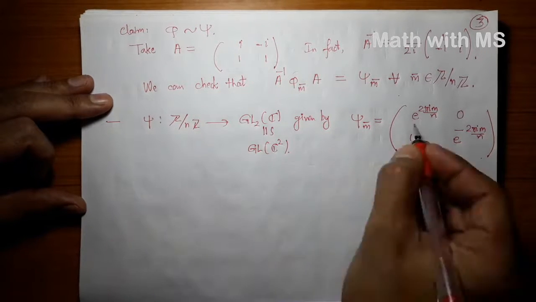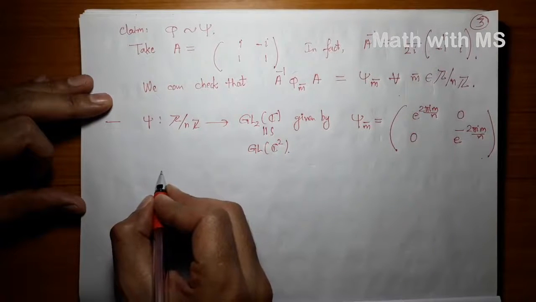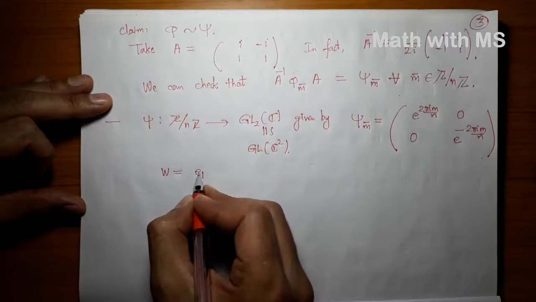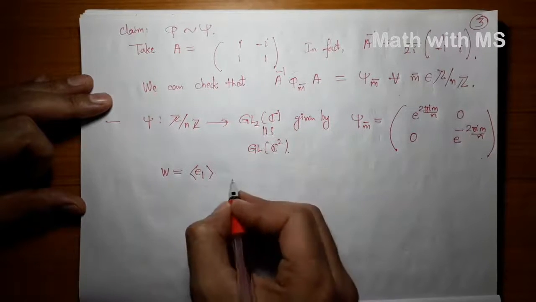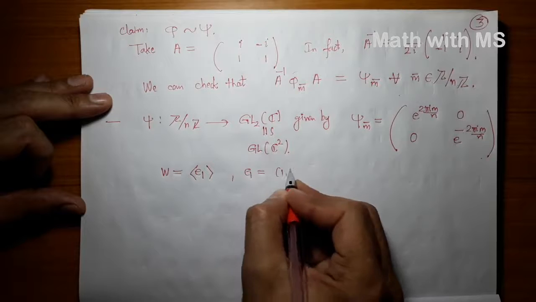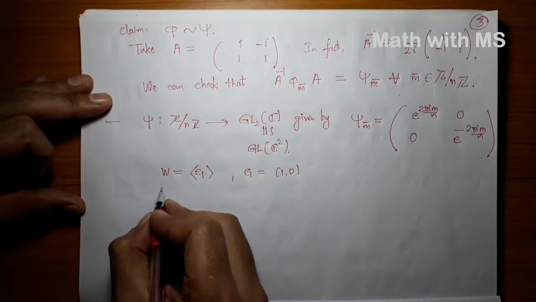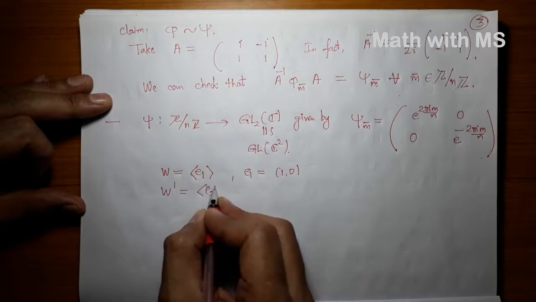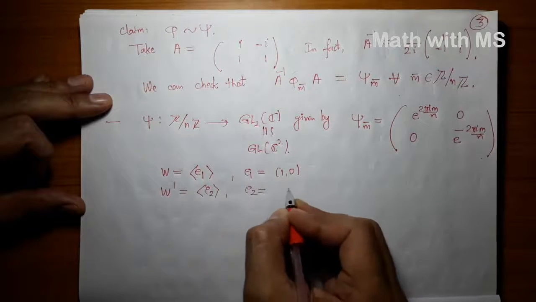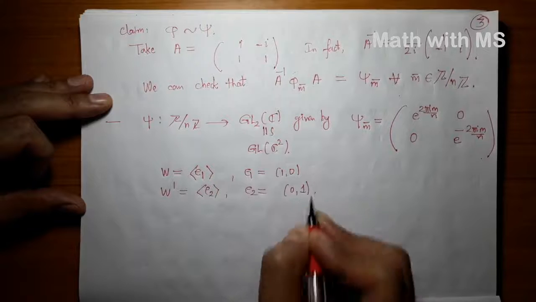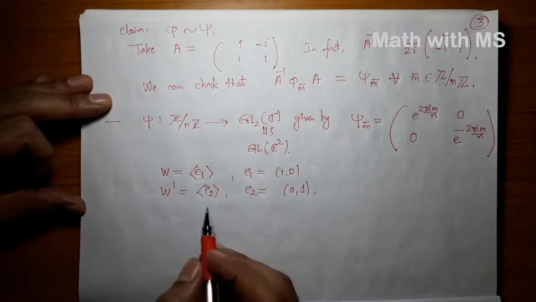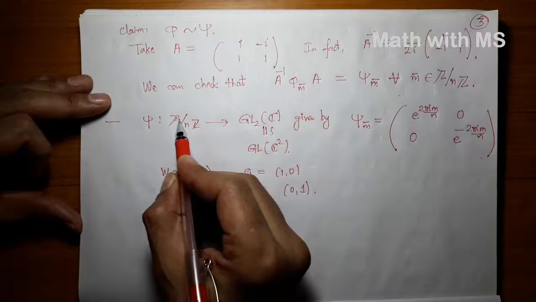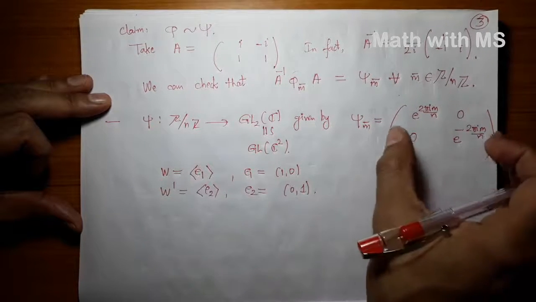If you consider W to be the subspace spanned by E1, where E1 is (1, 0), and take W prime to be the subspace spanned by E2, where E2 is (0, 1), then what we observe is that for each m bar in Z mod nZ, psi of m bar, which is this matrix,